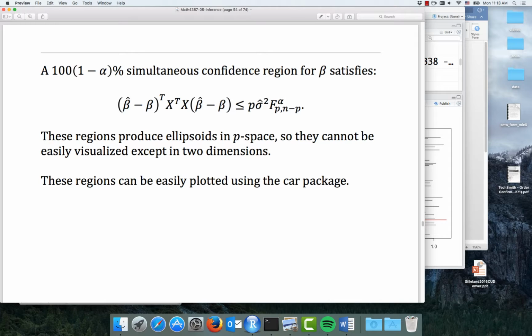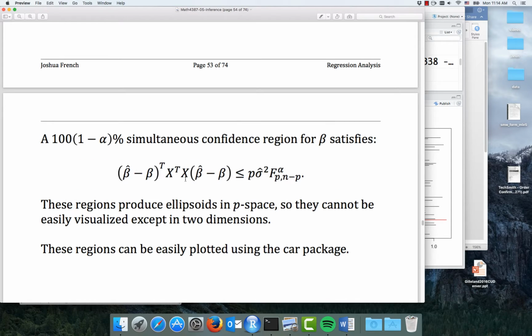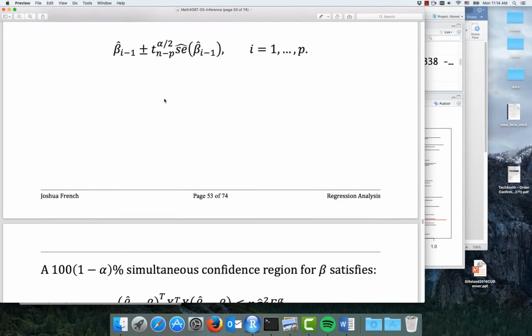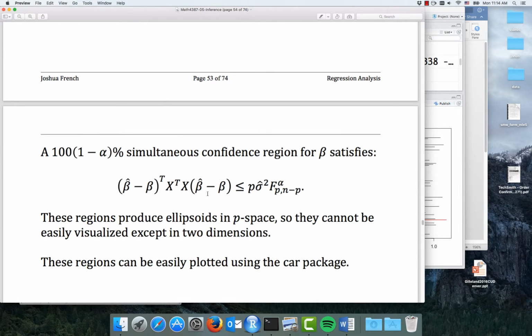So we have this quadratic form is less than or equal to the number of regression coefficients multiplied by the estimated error variance multiplied by the 1 minus alpha quantile from this F distribution right here. And you can see that this isn't actually a formula. You couldn't use this formula like you could this one up here to construct an exact interval. So this is a relationship between this quadratic form and these numbers over here. And so we actually have to use numerical methods to find what the actual confidence region is,